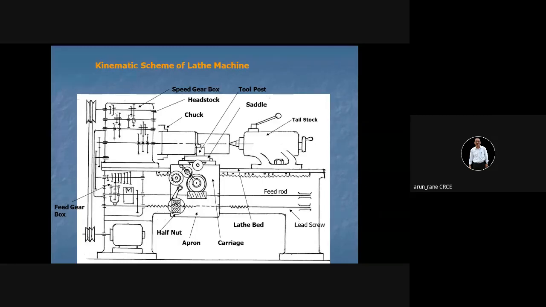And then whenever a speed change is required, you have to keep changing the speeds with the help of the clutch. This cross means this gear is fixed to the shaft. If there is no cross, you have to understand that the gear rotates freely on the shaft. The meaning of a gear fixed to the shaft is that if this gear rotates, then this shaft will also rotate. If this gear is free, then even if this gear rotates, the shaft does not rotate, because the gear is rotating freely on the shaft. I hope this is clear.